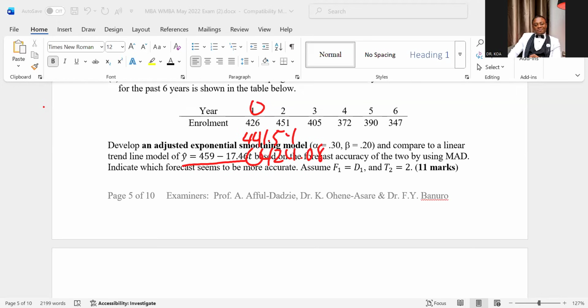Then the third one, which is the F3, will be that same 459 minus, it's the same thing. The only thing is that you are multiplying it by 1, by 2, by 3, by 4. So when you do the third one, you're going to get 406.62. Then the last one, okay, let me do all. 389.16. The next one will be 371.70. Then 354.24. Copy it. Yours is just to copy it.